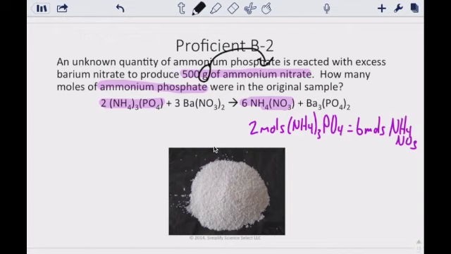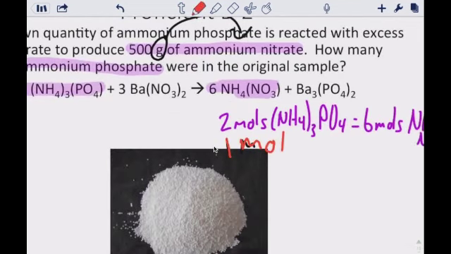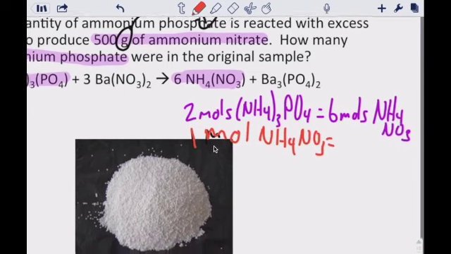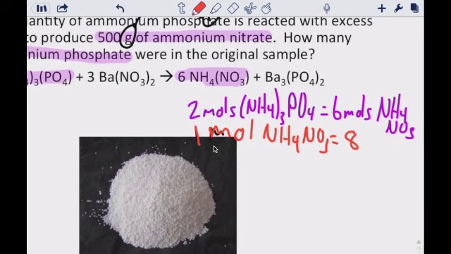It's going to have a molar mass of right around 80 grams. So what that means is that 1 mole, let's pick a different color here, 1 mole of NH4NO3 equals 80 grams of